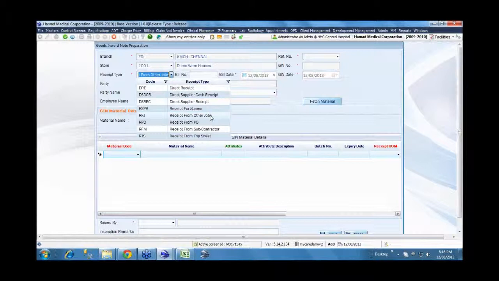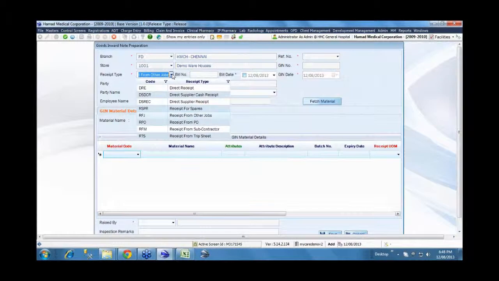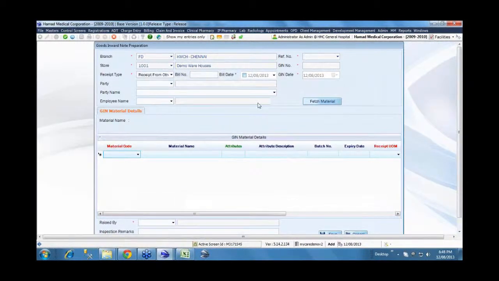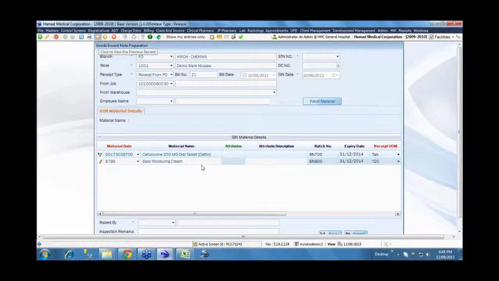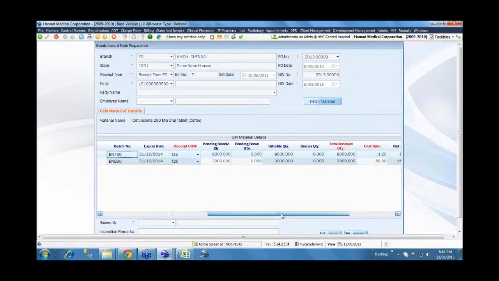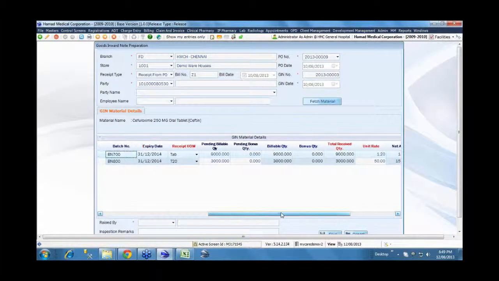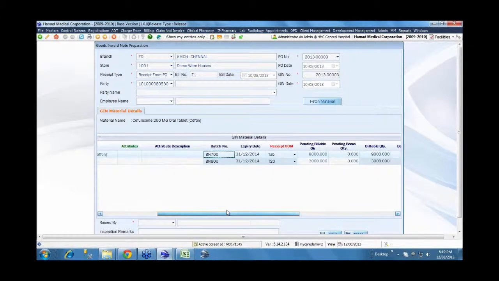So receipt through a purchase order and so on. In this case, it's a receipt from other branches basically. So we'll choose that. Whatever the transfer entries which are made from the other branch and which are available here will be listed like this. Once you choose, you specify the fetch material, and all those items which are transferred from the other branch will be picked and shown, from where you can select the item, specify the lot details and everything. If it's a material transfer, it will be automatically picked and then applied here.